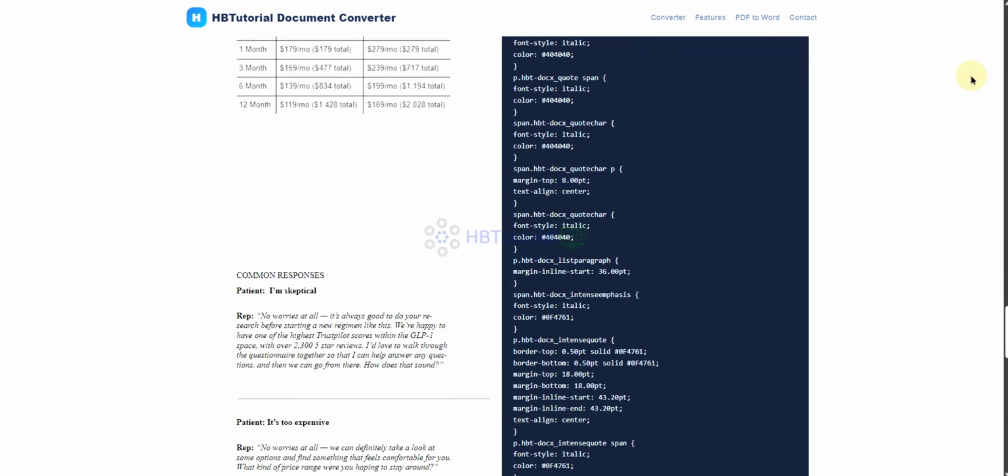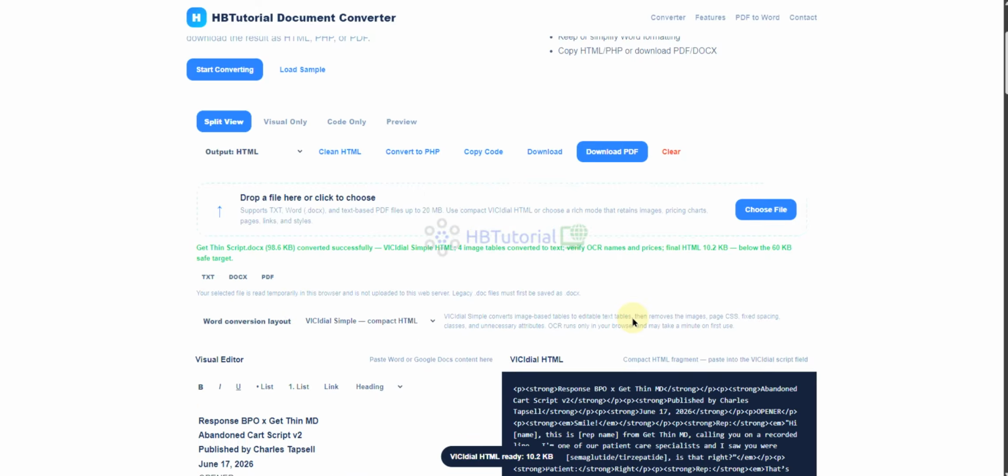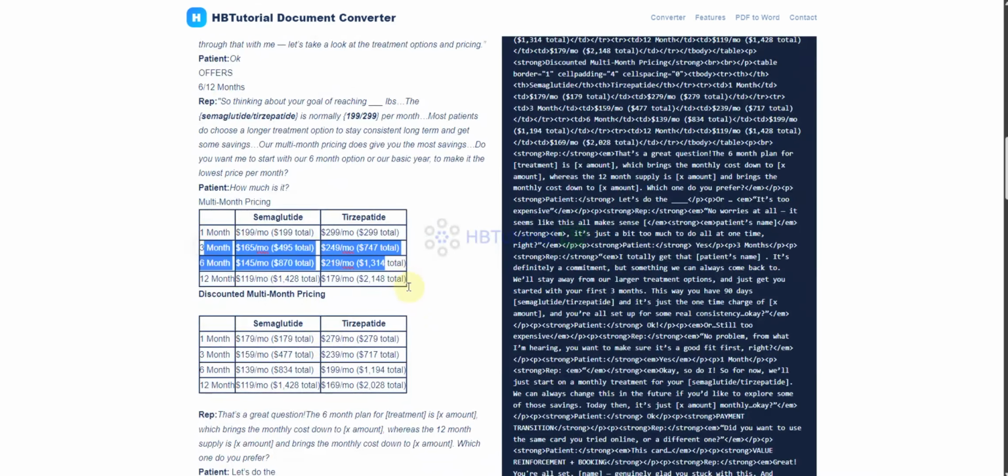So we will choose the Dial simple page. As you can see here, it's generating, converting to a text page. So you can upload this one now.